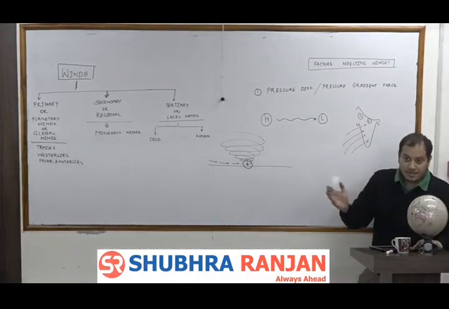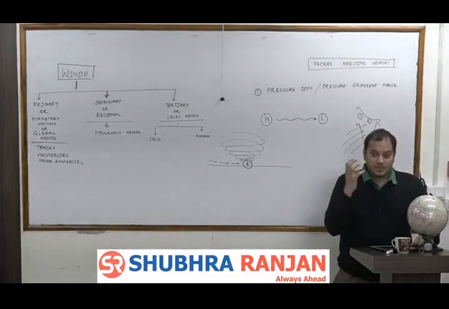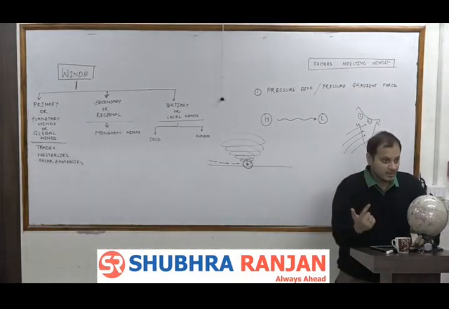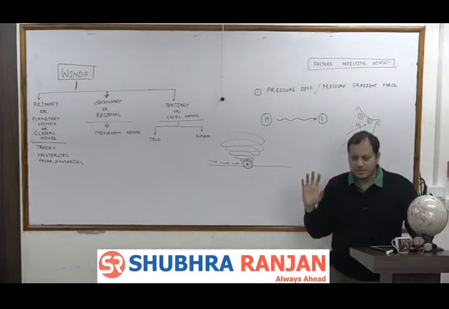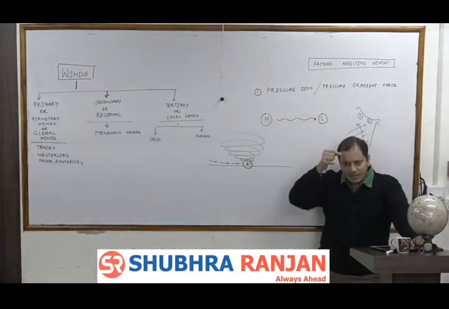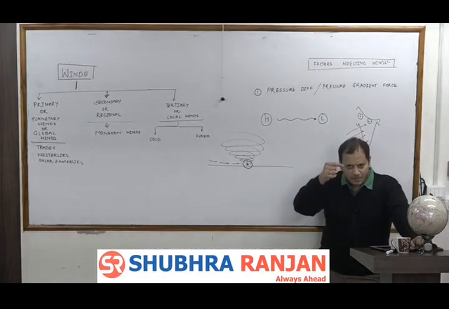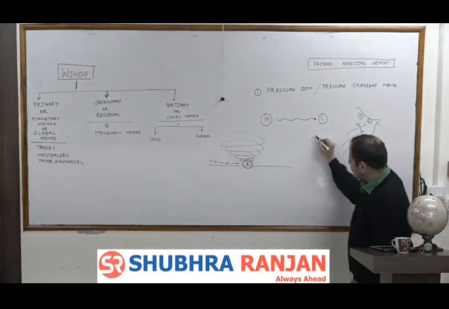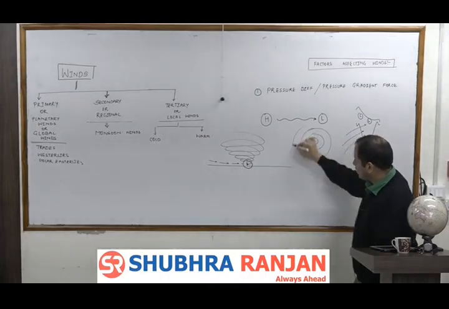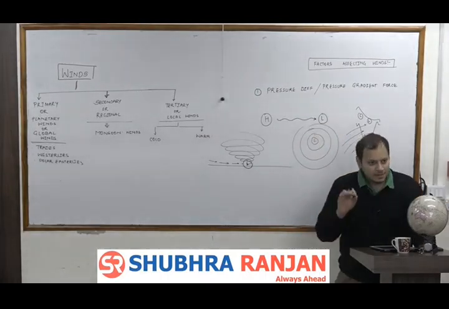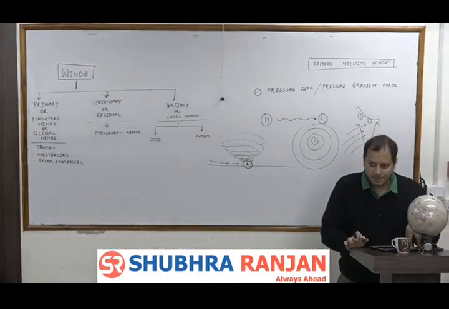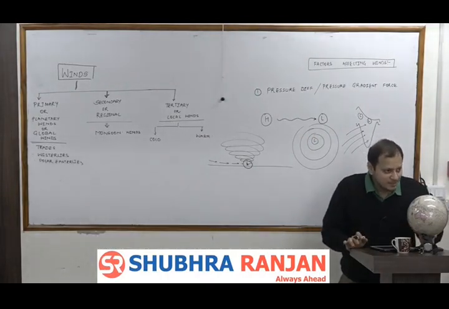A pressure gradient force is greatest in atmospheric phenomena such as cyclones. इसलिए cyclones come with very high speed. बहुत ज़्यादा pressure difference होता है in the cyclone. That is the pressure between temperate cyclone, tropical cyclone, between the central low pressure and outside high pressure is around 100 to 1000 millibars. 100 millibars का pressure difference मतलब 350 kilometers per hour wind speed. 1000 millibar का pressure difference मतलब